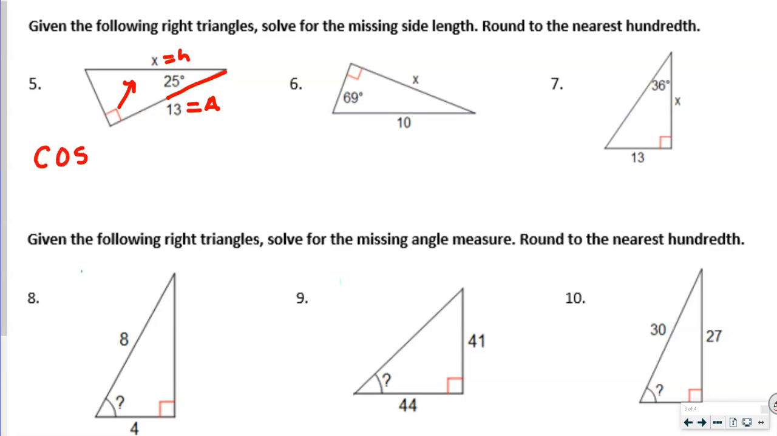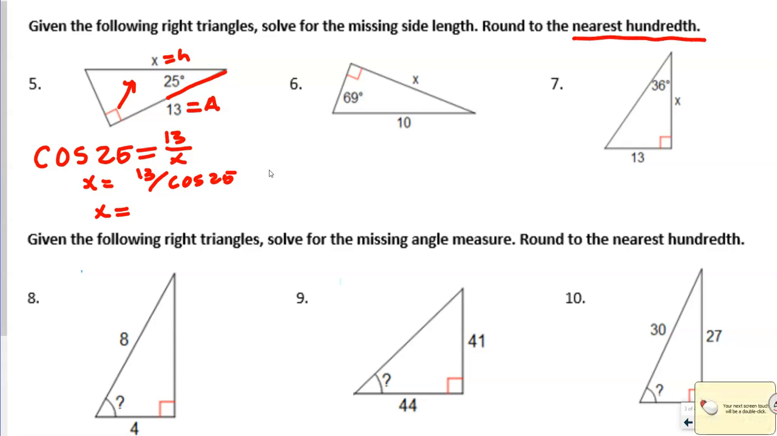So this is going to be the cosine of 25 is equal to the 13 adjacent over the hypotenuse, which is x. Now remember, these swap places, the x and the cosine of 25. So x is going to be equal to 13 divided by the cosine of 25. Put that in your calculator. And again, it's telling us to round to the nearest hundredth. So when we do that, we got,